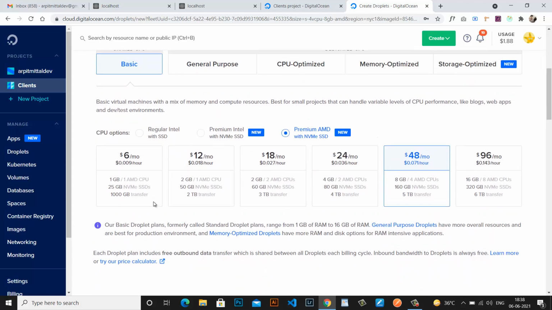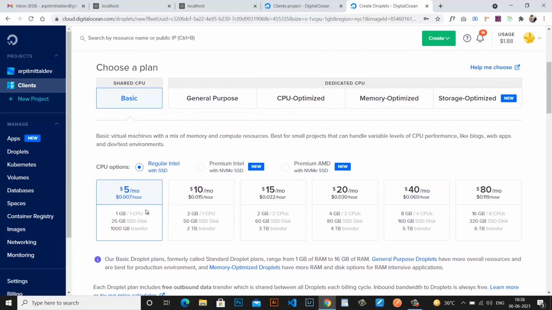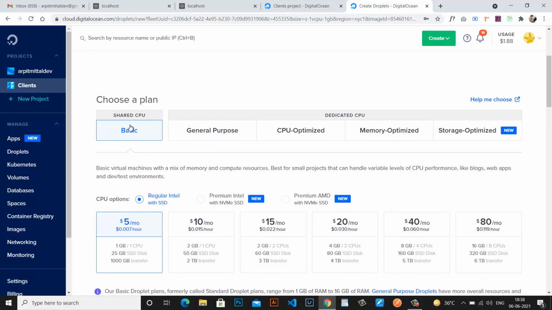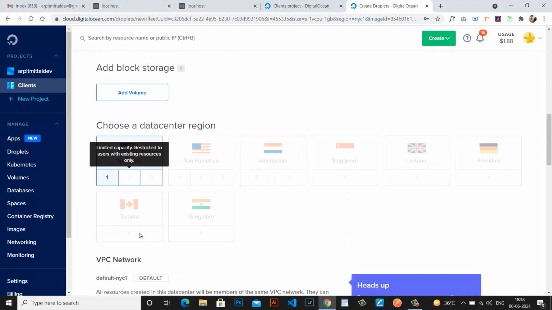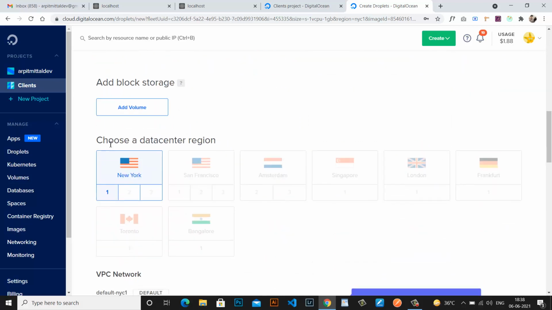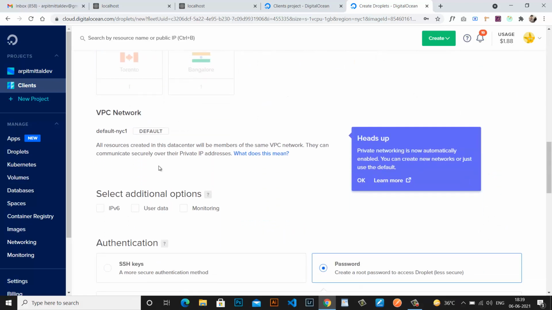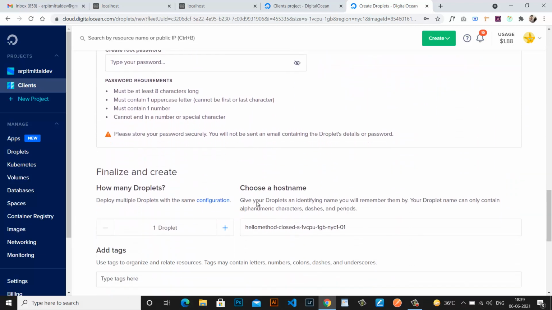I would like to take the regular one. So here I have already selected. My purpose is just basic, so I have selected basic. Location is according to the snapshot region that we have added to the snapshot, so here I will only see New York. Yeah, let's see if that works.